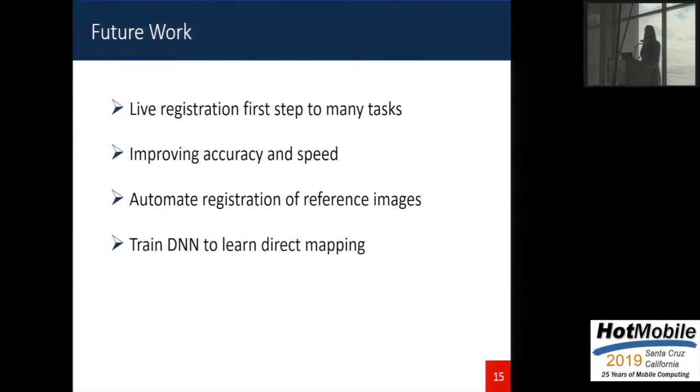As there is temporal consistency in the drone video, we can use tracking instead of the frame-to-frame processing that we are doing in our method. In our approach, we are registering the reference images to the engineering drawing manually, but you can use precisely placed fixed cameras to automate this process. Another interesting future direction would be to train a DNN to learn a mapping of the visual features from the building to the architectural drawings.